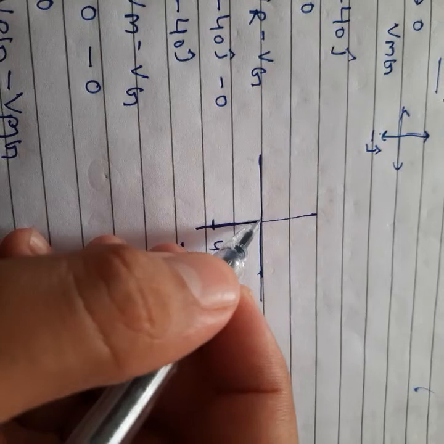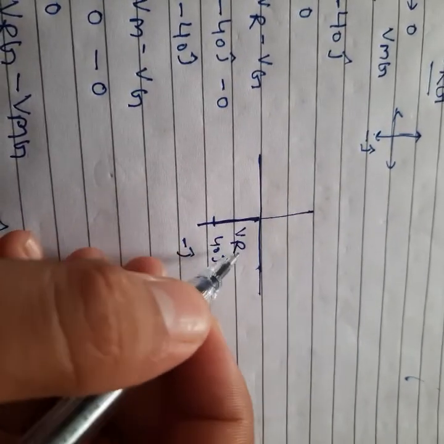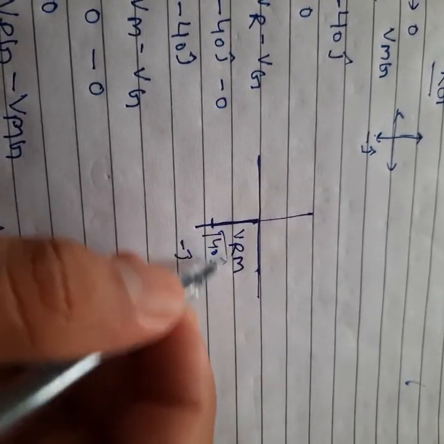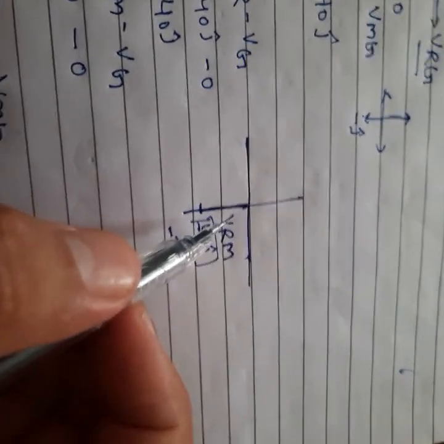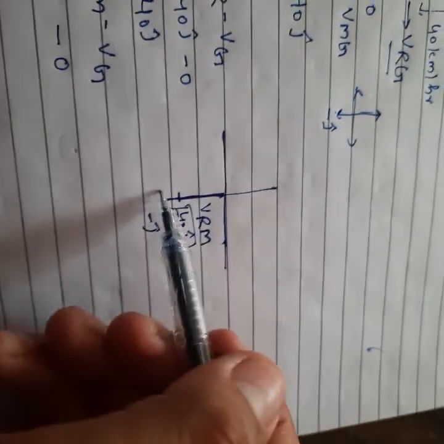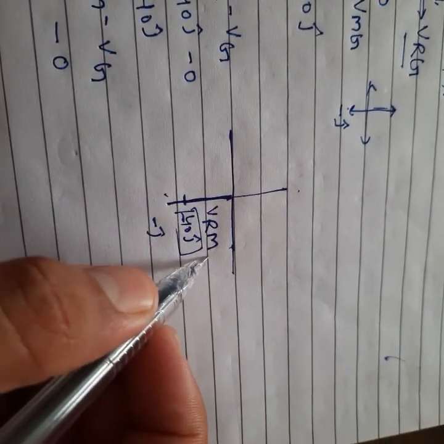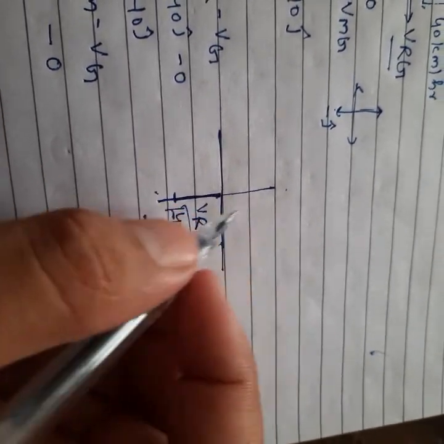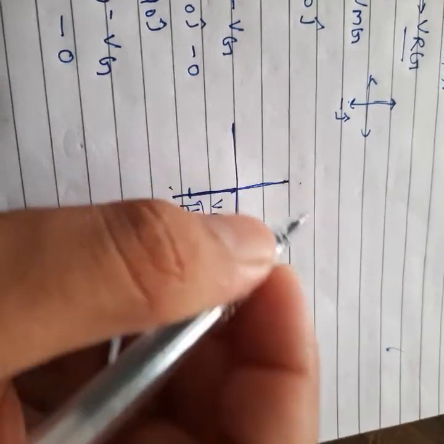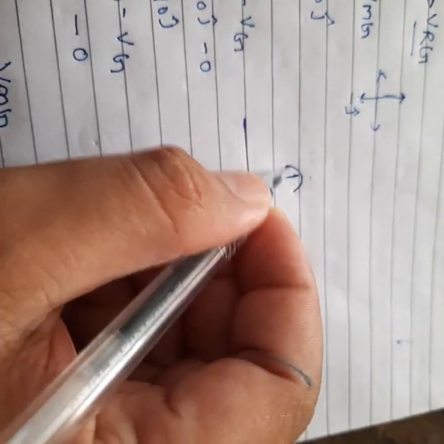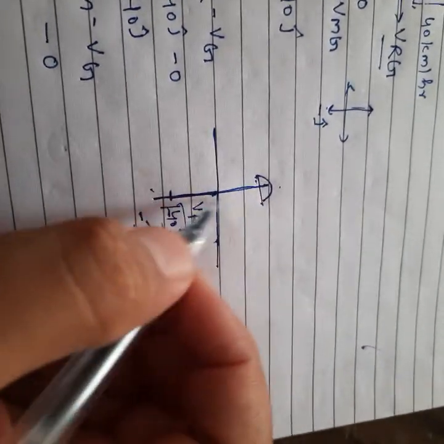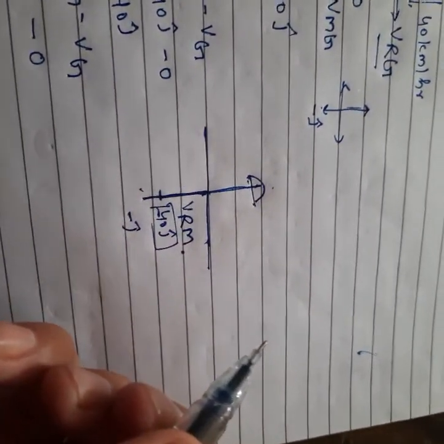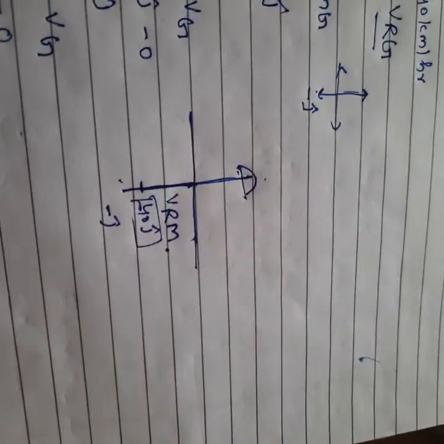So this will be velocity of rain with respect to man: minus j, minus 40j. Say yes or no. Means he will open his umbrella on the opposite side of its relative velocity of rain with respect to man. So he will open his umbrella upside, just like it. Okay or not? Okay, student. So just like it, you will solve all questions. Upside he will open. Okay or not? Okay, student. Yes. Next question.